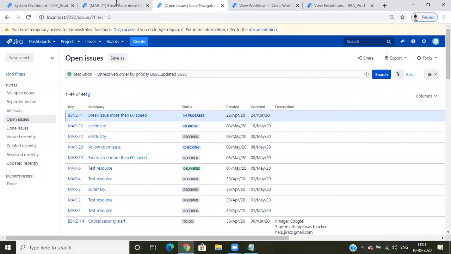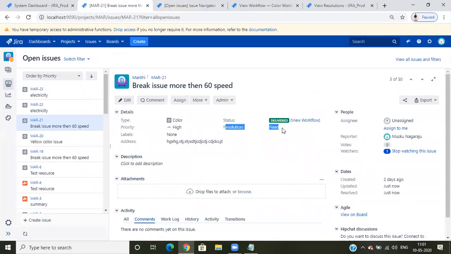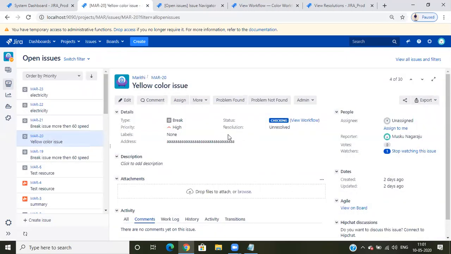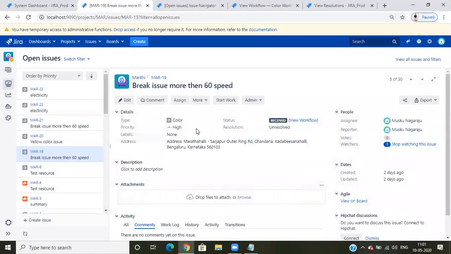Okay, so resolution means when the resolution is set only, Jira will count it as a resolved ticket. Until then it is empty, and this will be calculated as an open status only. But my requirement is I want to select a custom one, so I don't want to fix one thing. If I click on any ticket, it automatically becomes fixed only, right?